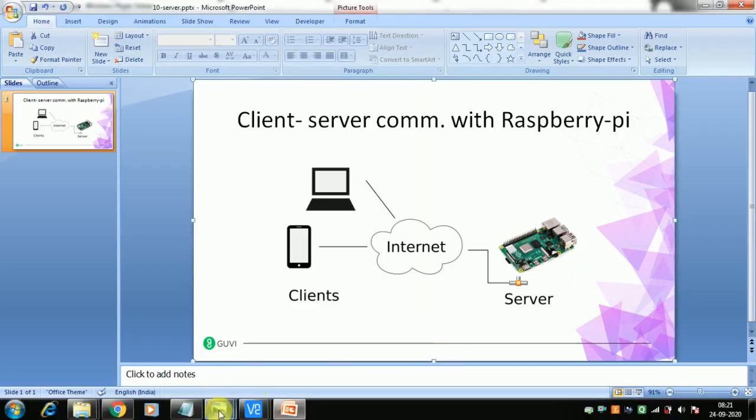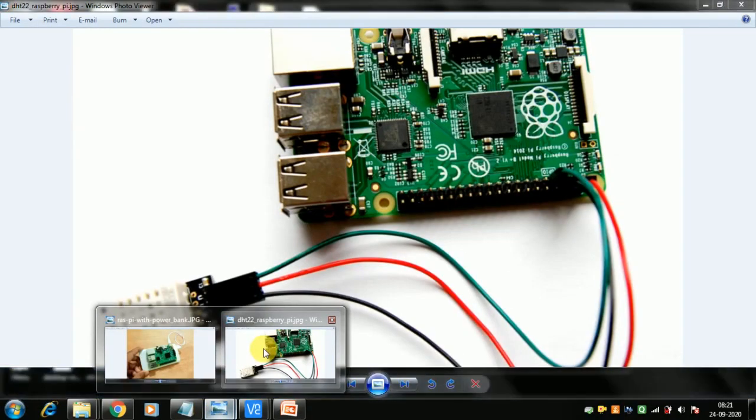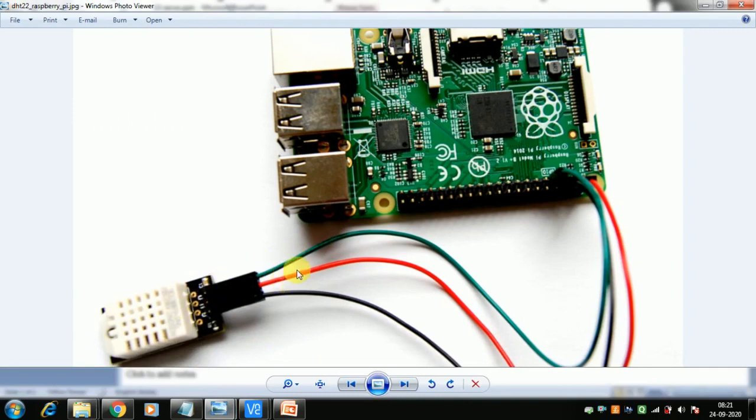Either you install your own DHT22 temperature and humidity sensor, so you know the local temperature and humidity, and you supply your client with this information. Or else you can go back to weatherstack.com and ask for the temperature and humidity, and then relay it to your client. So there are the two ways.